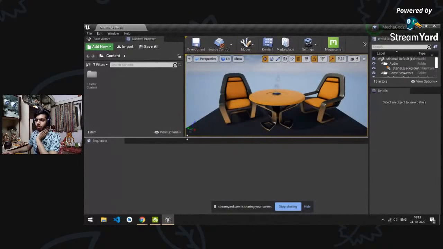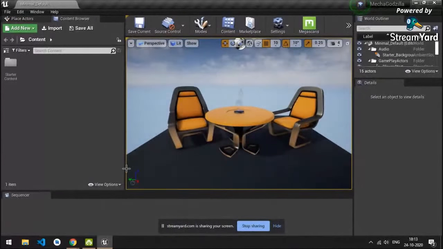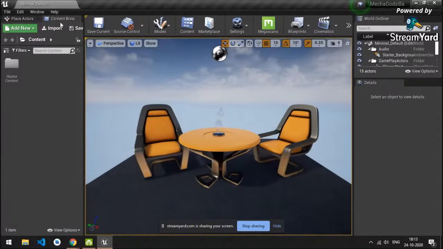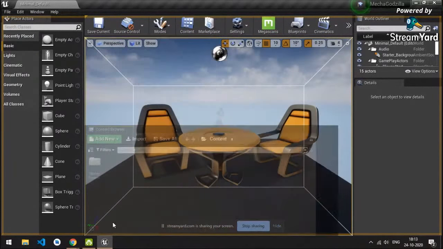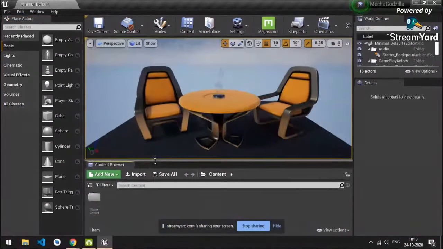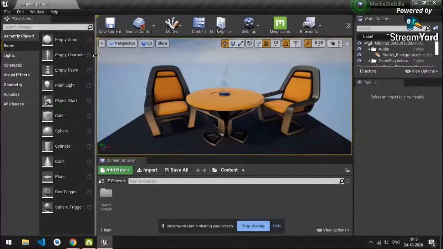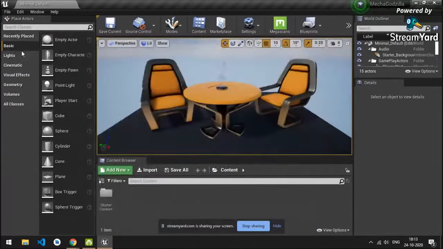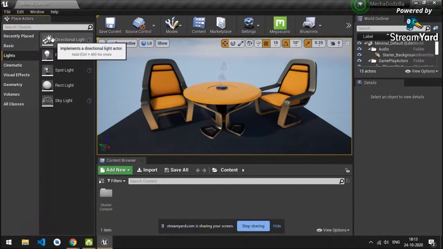Okay, so what I'm going to do is share my whole screen rather than just one window. That might be easier for all of us to collaborate, right? So we have our project here. If you are new to Unreal Engine 4, it would come into a layout like this, where we'll have the Place Actors panel on the left. The Place Actors panel includes all the basic, pre-built stuff that we can add into Unreal Engine. So we have an empty character, point light, and various types of lights,